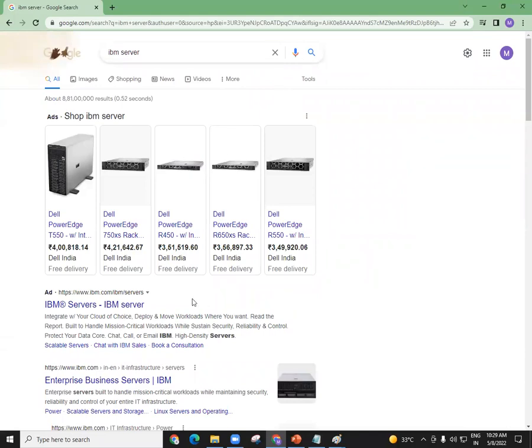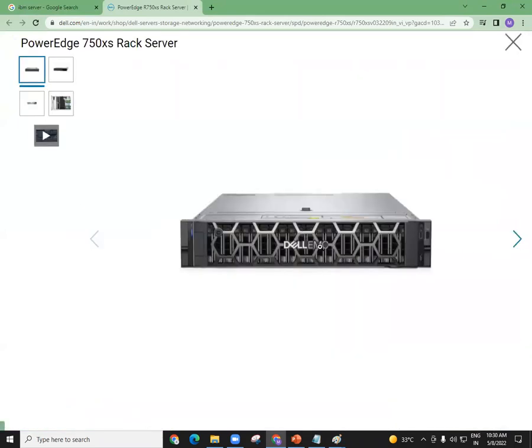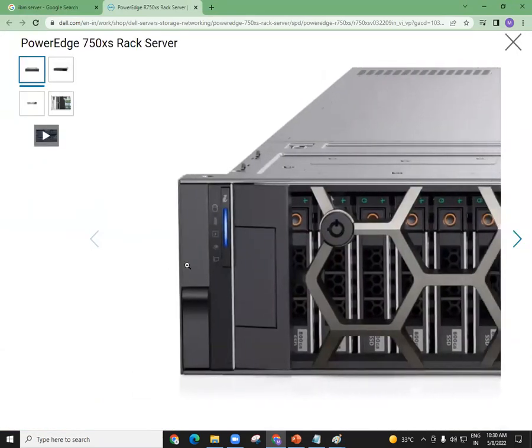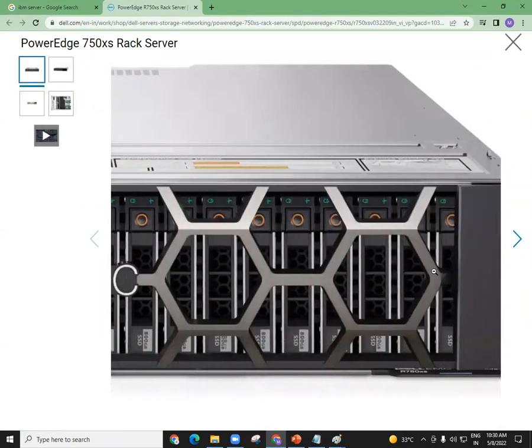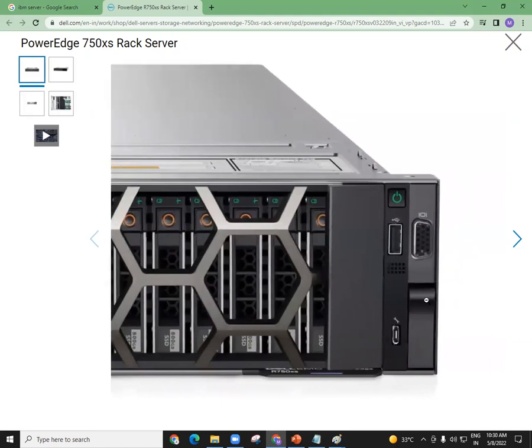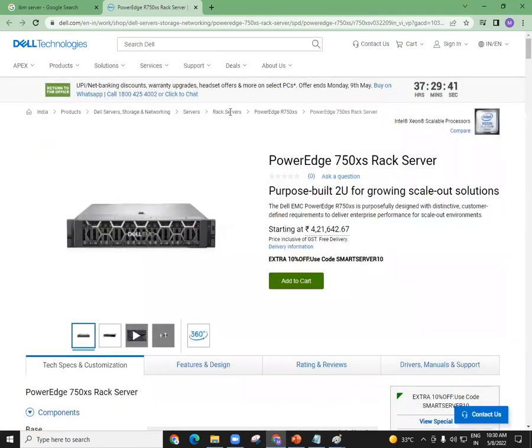But let me just take you through one of the servers here. Okay, I'll go with this server. Now, can you see this server? It is simply looking like your desktop machine. But this is not a desktop machine, my friend. This is a server. You can see the power on button here. And then you can see some USB port, VGA port, all these things we can see. So it will look like your desktop machine. The physical size can be a bit bigger, but more or less it will look like your desktop machine.